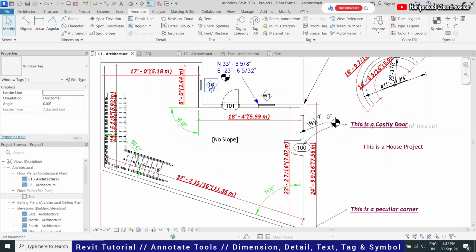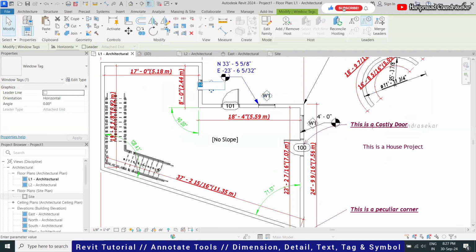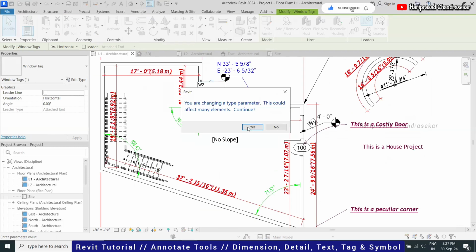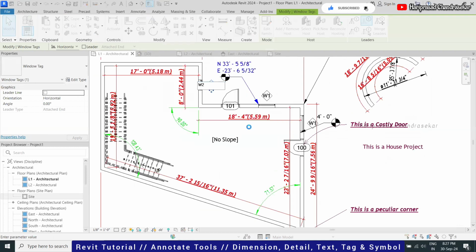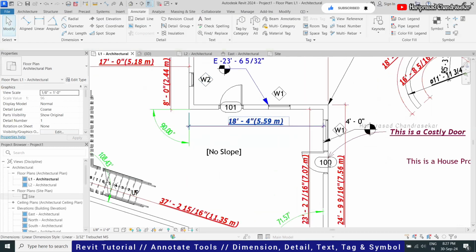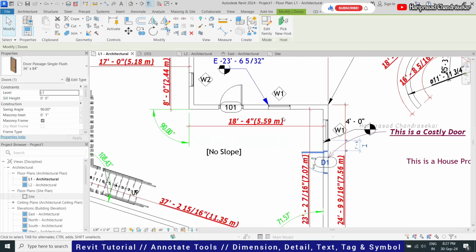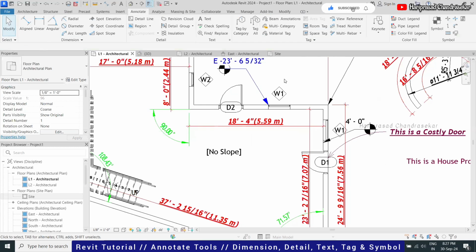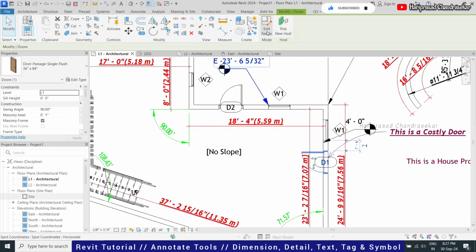That is also good. So W2. Then you can have the legends there. This way you can do it. But the same if you are doing here, so D1. See, you can separately put D2 like this. But we are doing the door separately because of the door family. So when you are going here, edit family,